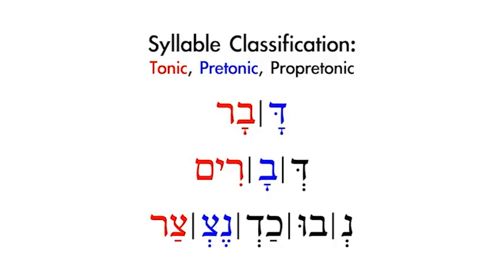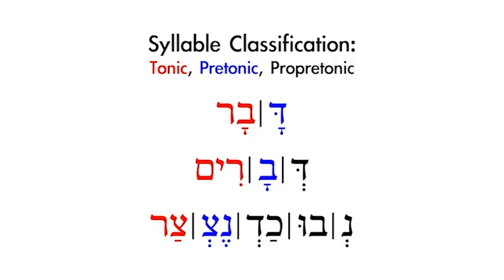So we have these words with syllables, and then we need to talk about syllable classification. You've already heard me talk about the last syllable and the second to the last syllable, but there's a more sophisticated way of talking about these syllables, and it's tonic, pretonic, and propretonic. Now, if you look at the examples on the page here, you're going to see red and blue and black syllables. A tonic syllable is the accented syllable in a word, and so you can see in our three examples,